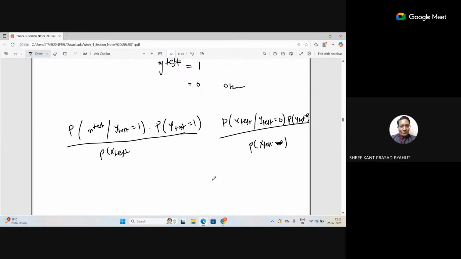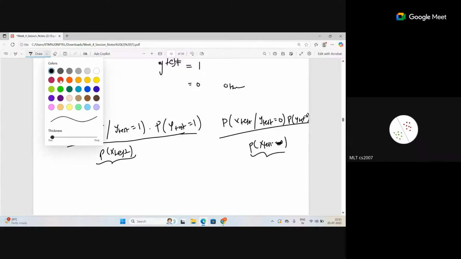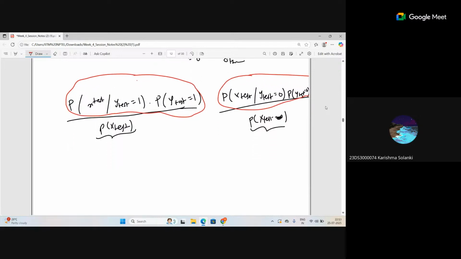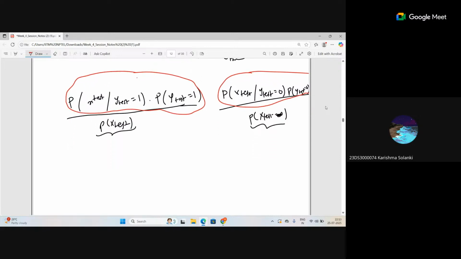Is it fine? I need to compare these two values. But when you do the comparison, this probability and this probability will be the same, because that data point is the same, correct? Only the numerator is required. So whenever I want to compare the values, I need to compare only this and this. The value will change if we consider the probability of x test, but both are the same, so when we divide, the numerator decides.